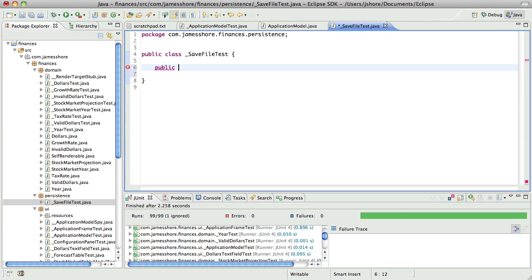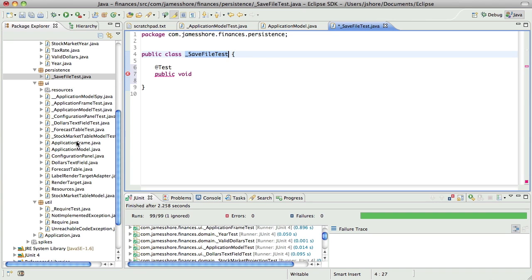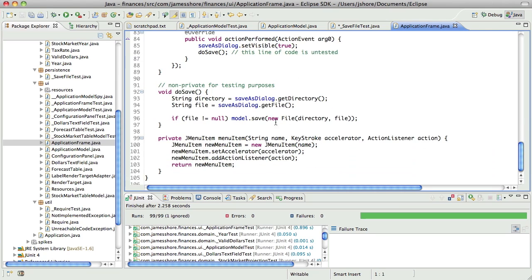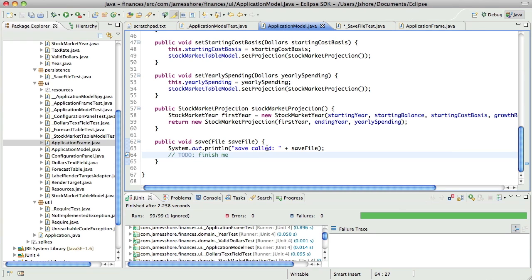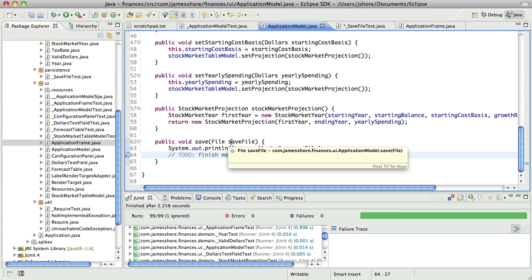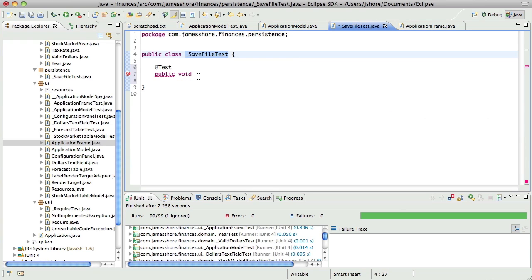So, what are we going to test? I guess I'm just sort of thinking this through. Does this mean that we want this to take the place of the file in application frame? So here we're creating a file. Do we want to say new save file? Or do we want application model to say new save file? I think I'd rather have application model do that. So that means here, when I create save file, I'm going to create it